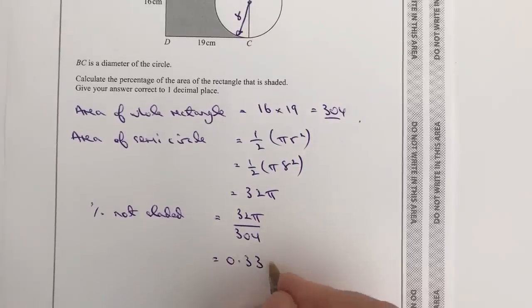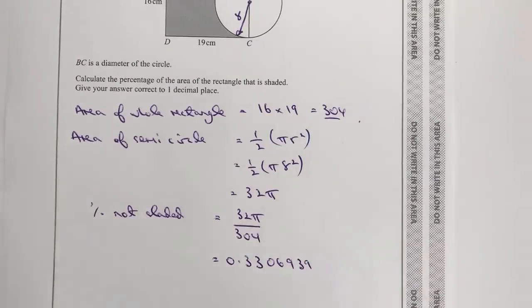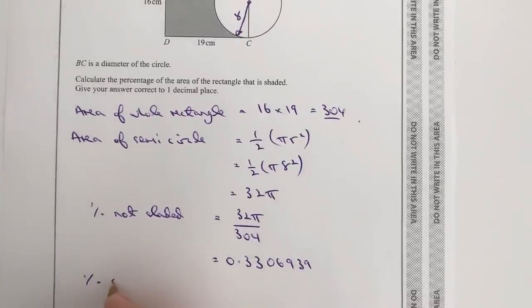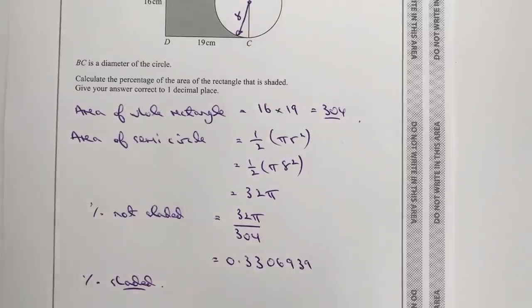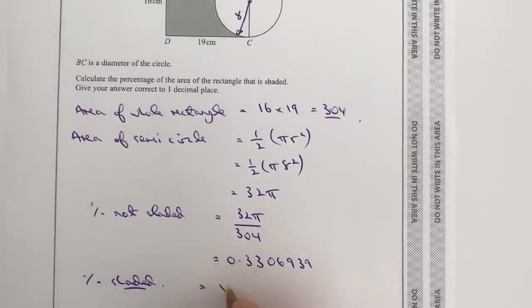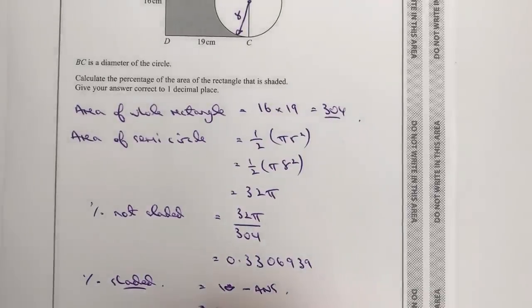0.33 06939 and so on. Okay, that's fine. And then if I want to work out the percentage which is shaded, which is the information they're asking me for, then I'm just going to do 100, or if you like 1 minus this value, so minus the answer. Okay, so if I then work that out on my calculator, that's going to give me